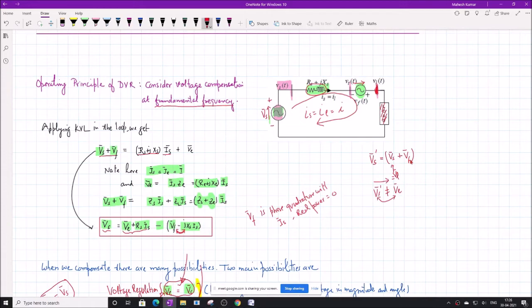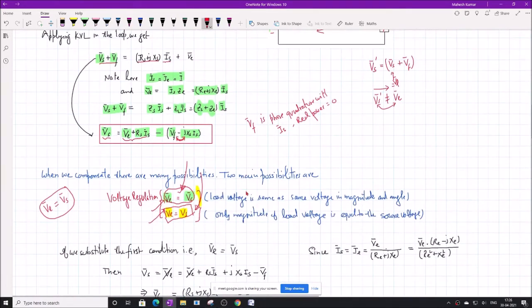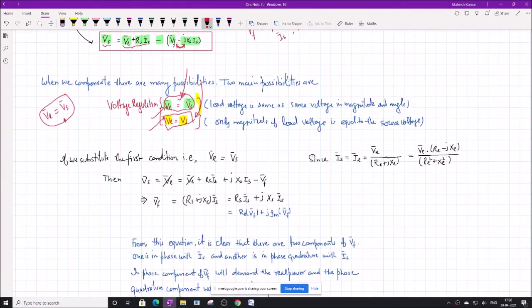Alright, I will explain it more. So do not think that even if they are the same, the power will not flow. Power will flow because there is a third element that is called VF. So VF will change the dynamics, and hence power can still flow. Let us take theoretically this condition, that suppose we want to maintain the first condition, that we want to maintain VL equal to VS. That is, the load bus is equal to the source bus, and at the same time the phase angle is also the same.